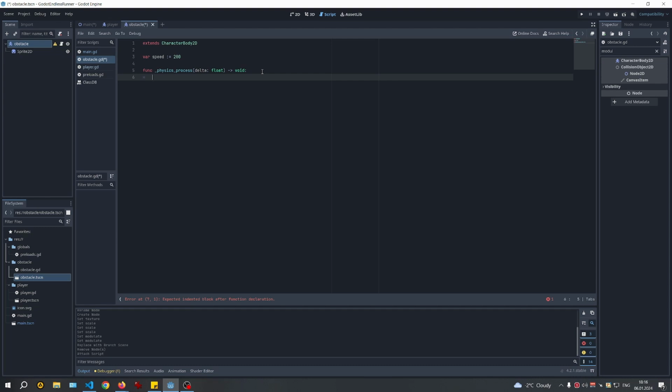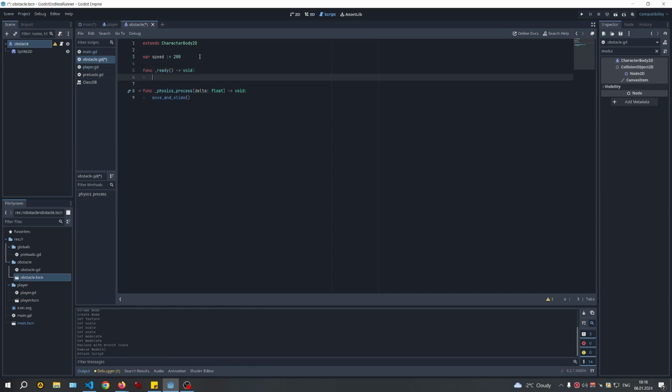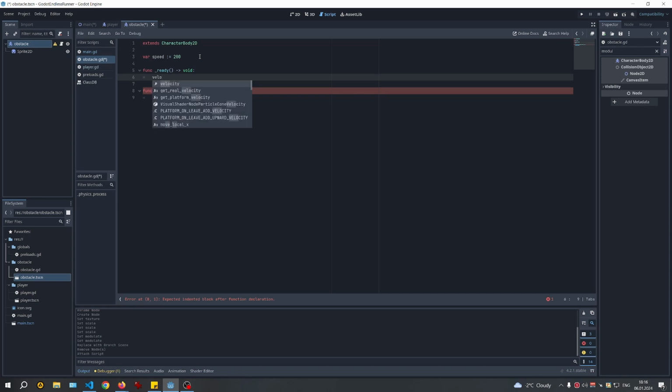So once again, let's use the move and slide function, but I don't have to be checking for the input or other changes to velocity, at least for now. So I can just grab a ready function and one time only set obstacle velocity